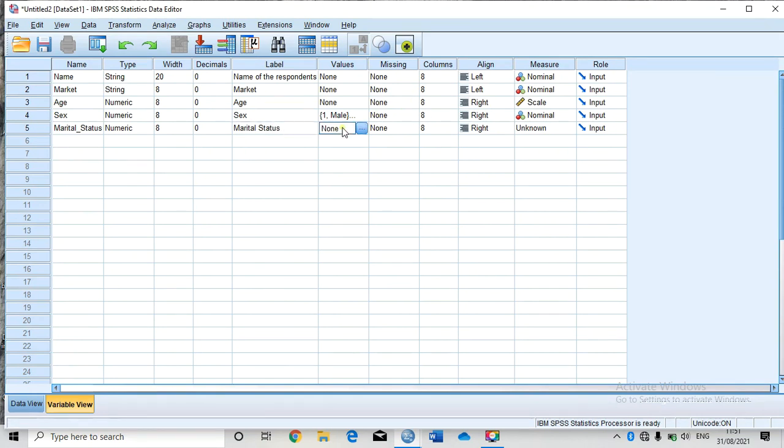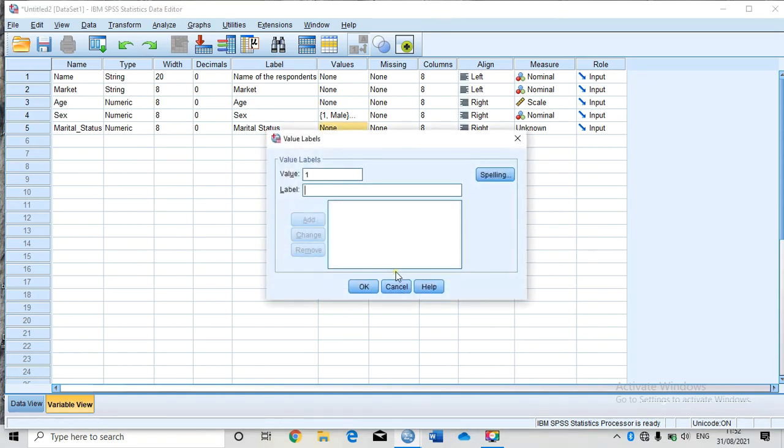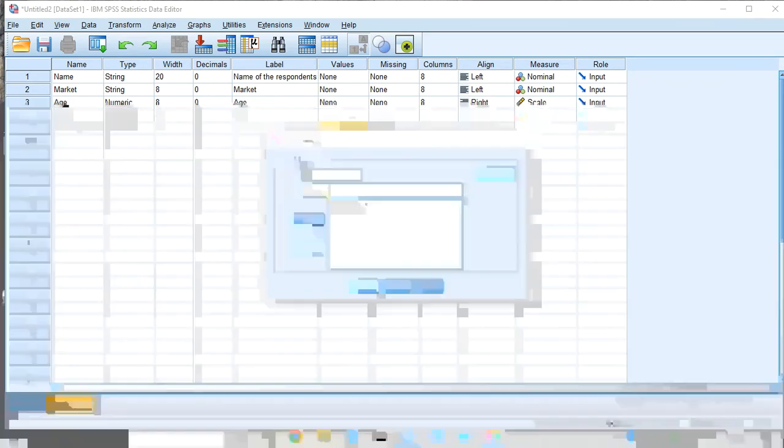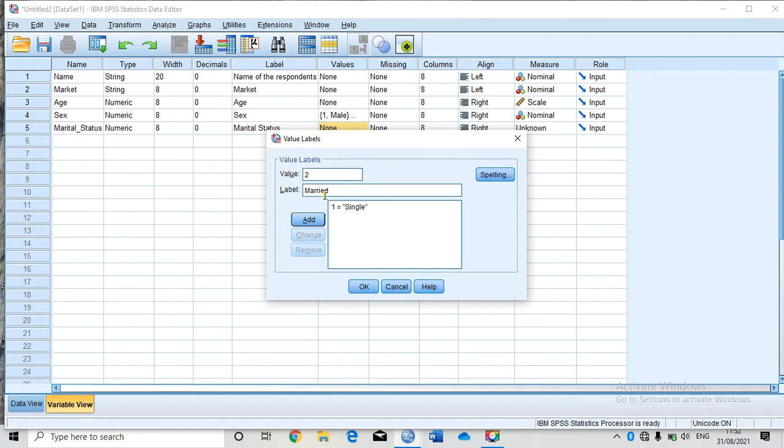Coming down to the values, we have 4 levels of marital status as in my question. So I will code all those 4 levels under the values. The first one is single. That's a single person, maybe bachelor or spinster. Just add. Then the next one is married. That's number 2. You can make use of any number you like at your own end. The third one I'll be using is